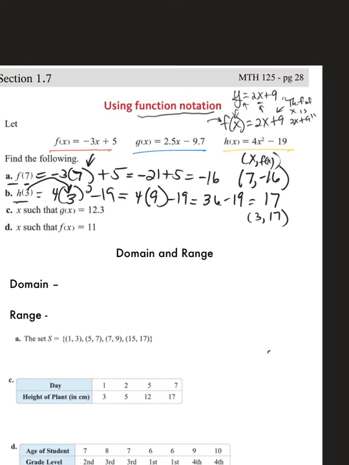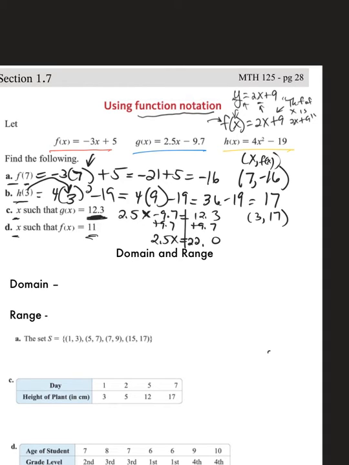C and D are really interesting because they're asking a different thing. They're asking you to find X. They're giving you what the output is, but they're asking you to find X. So for g of x, if I have g of x equal to 2.5x minus 9.7, I haven't found x. I've got to leave x there, but I'm going to set this equal to what they are telling me this is going to be equal to, 12.3. And then I'm going to solve for x by doing everything I would do whenever I am solving an equation for a variable. So I have 2.5x equals